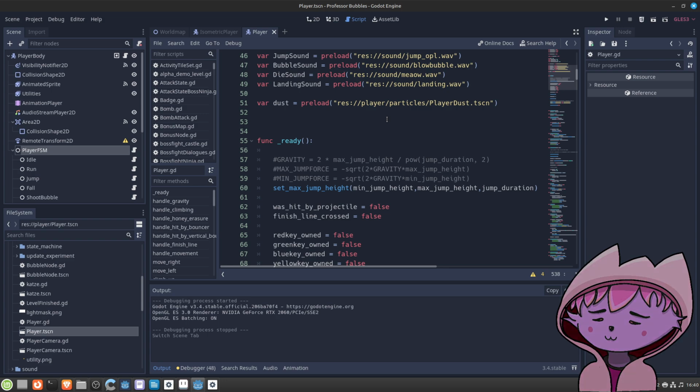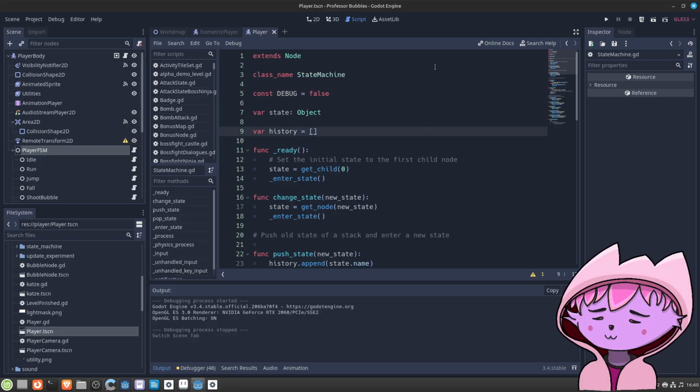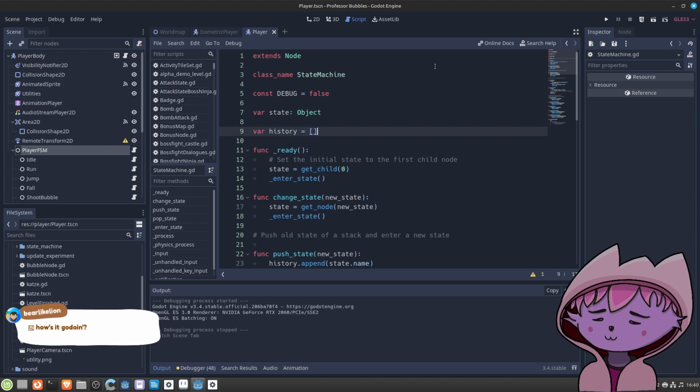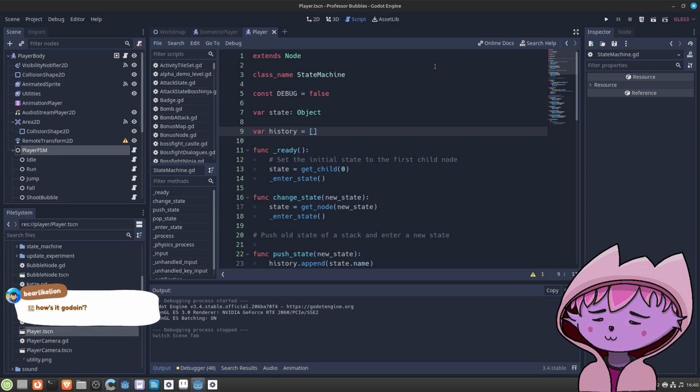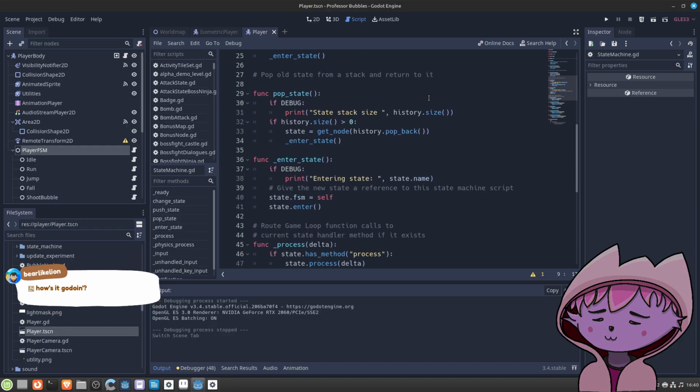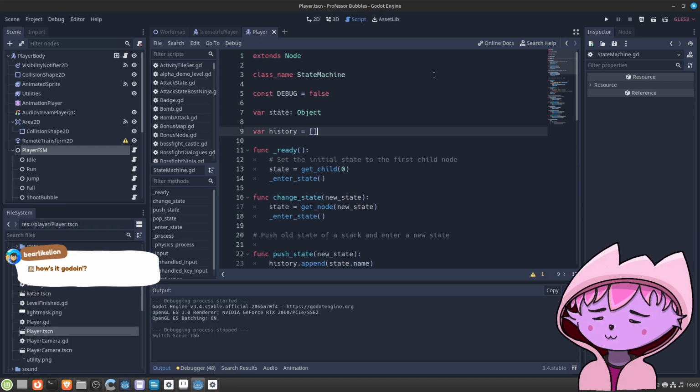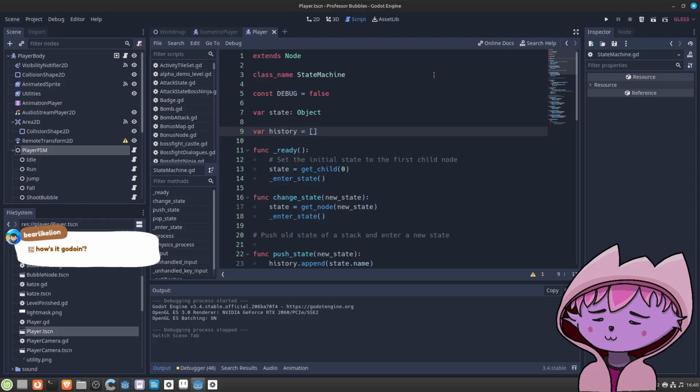Maybe Google some reference state machines. If you guys in the chat have some good resources on Godot state machines, feel free to paste anything. I would like to understand this better, or maybe even craft my own idea of the state machine.